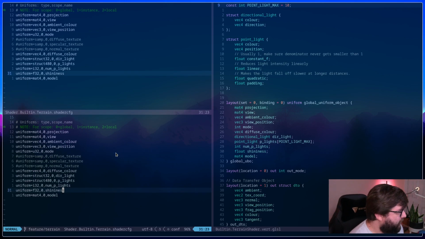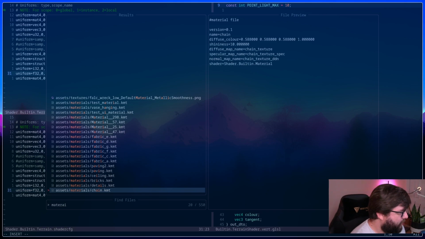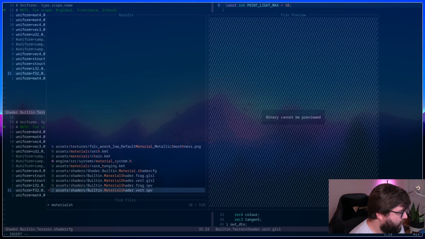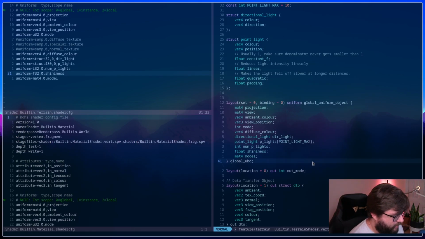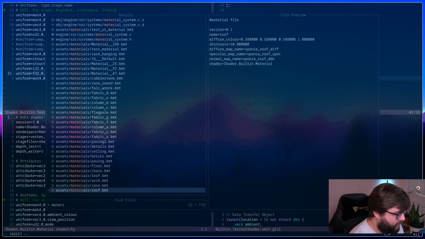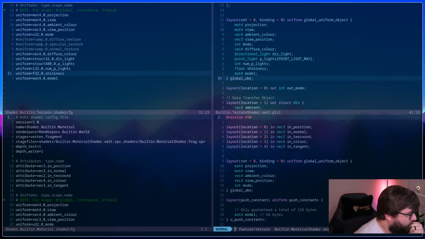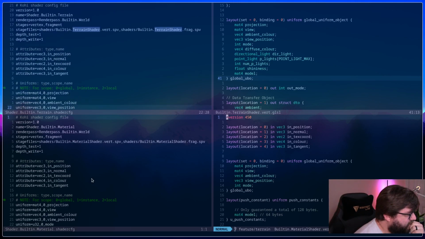So let me do a comparison here to material. Shader config, I'll pull that up over here, and then over here, I'll pull up material vert. Because these essentially should be almost identical minus the change in scope. And they are.